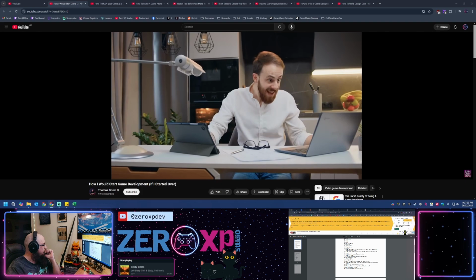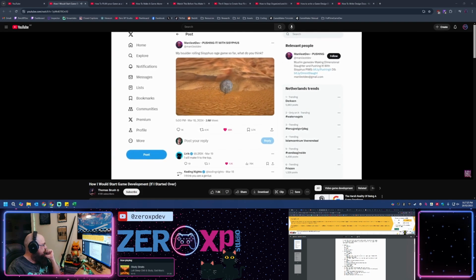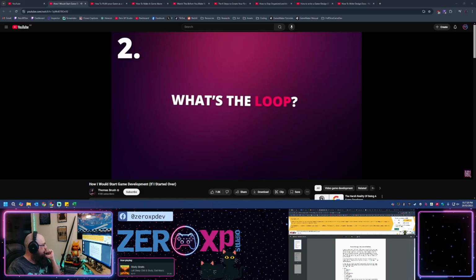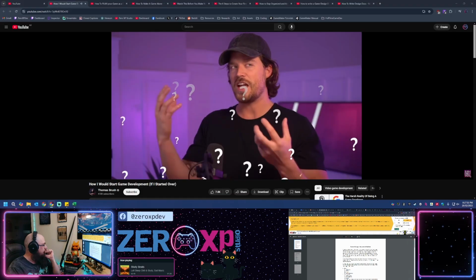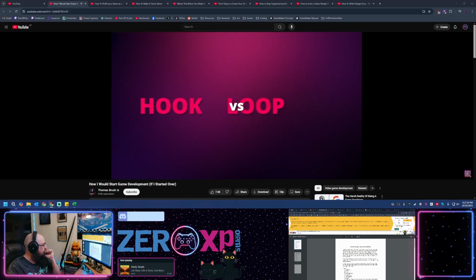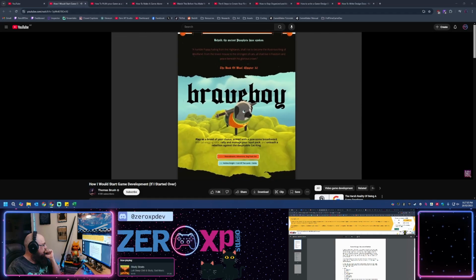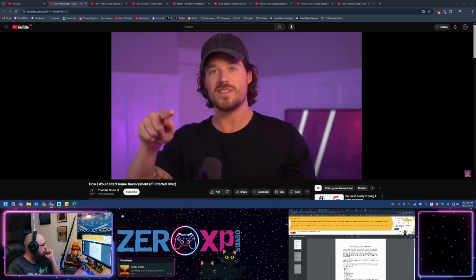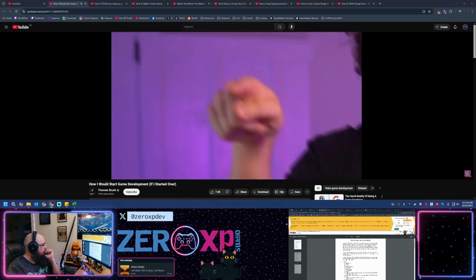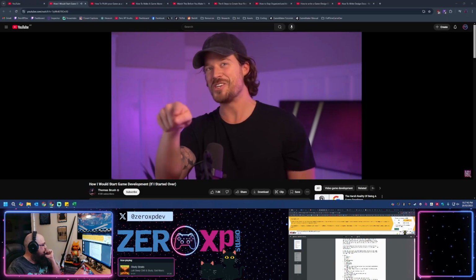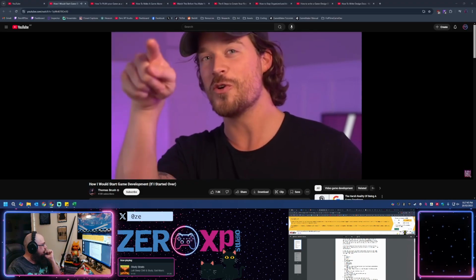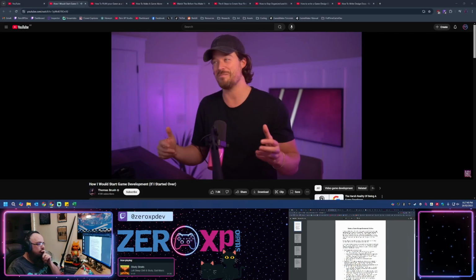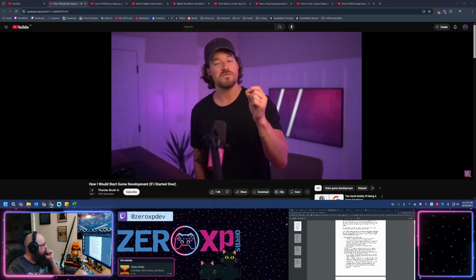Once you figure out your hook, once you find out what really makes your game shine, what I want you to think about is number 2, figure out your loop, okay? A lot of people get confused by, okay, there's a hook and then there's a loop. And oftentimes this stuff is put into what's called a GDD, which is a game design Bible. A loop is completely different than your hook. A loop is the thing that your players will do over and over and over and over. But it's fun, it gets funner and funner and funner. That's what a gameplay loop is. And you want to figure out what that is.